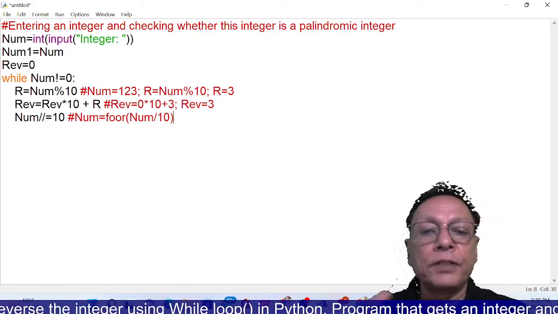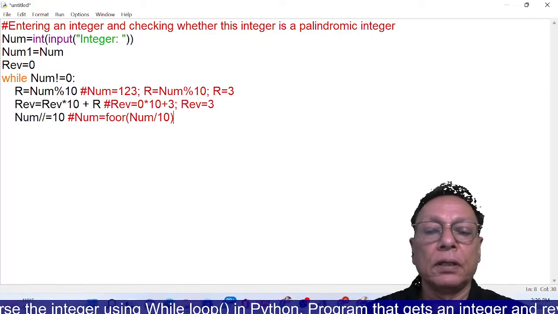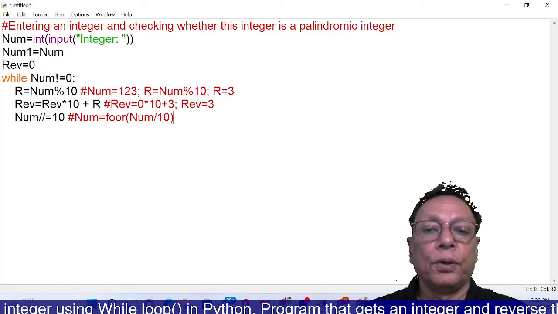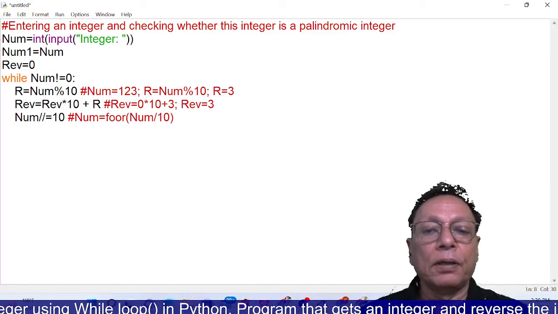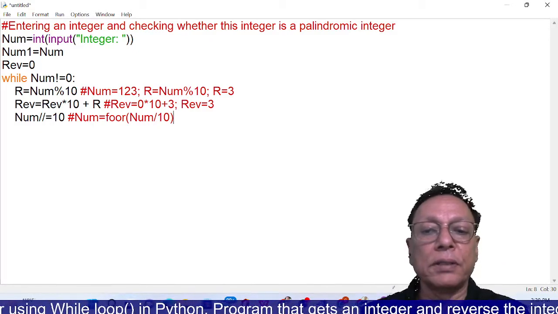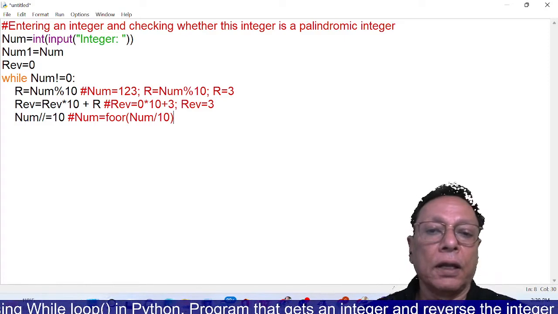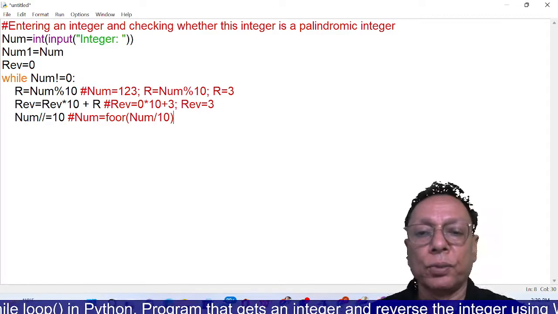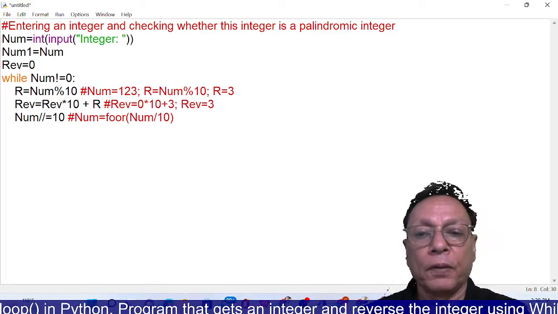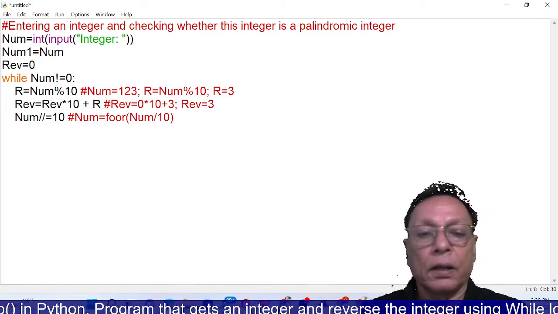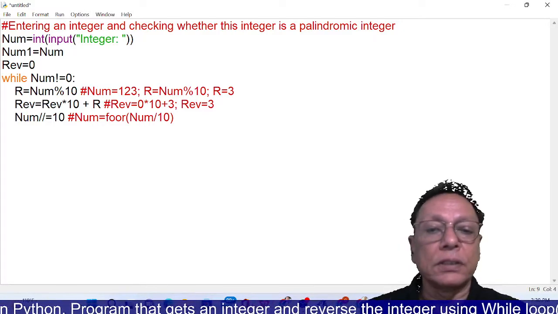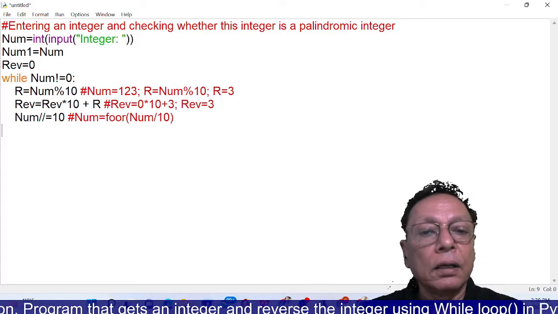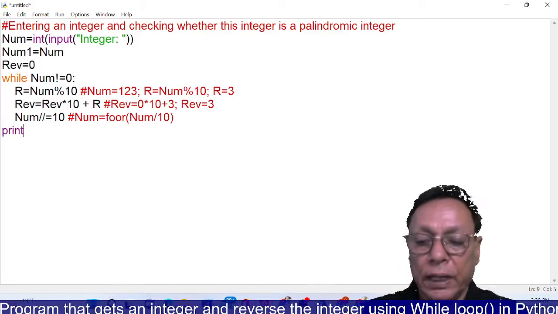So this process is repeated until num gets 0. So in each step, num is reducing, and when you divide it by 10, every time one digit goes off. Okay, and after this process, I'm going to check, or I'll print the entered number,